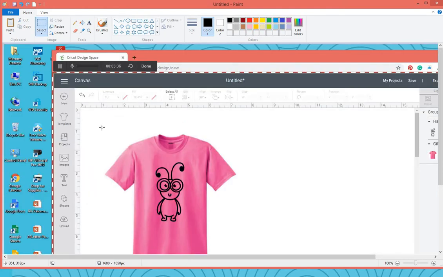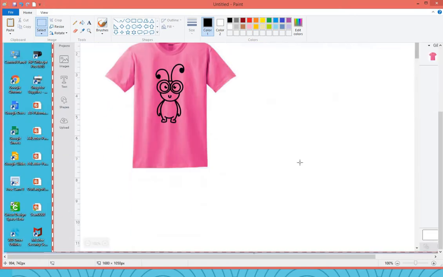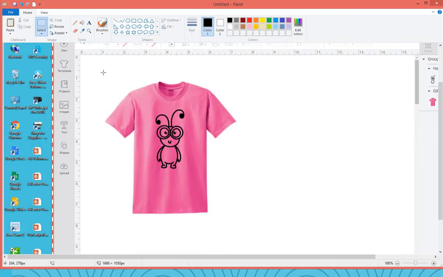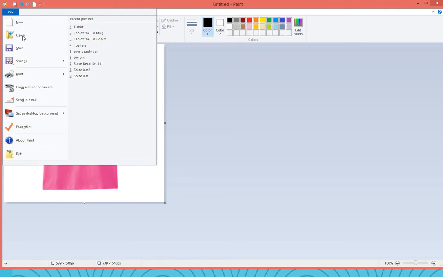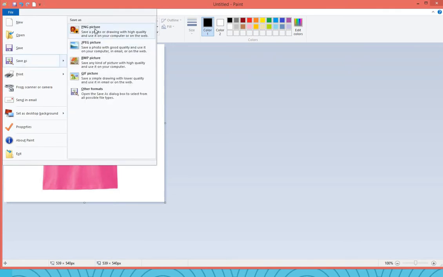Now I'm going to crop it. It's not cooperating with me, so let's do that one. Okay, so we're going to crop it to remove all the other stuff and hit crop, and now we have just the mock-up. So I'm going to save it as a PNG,